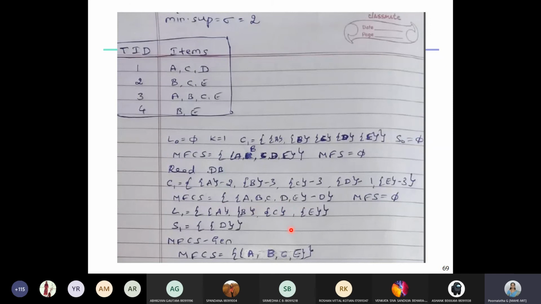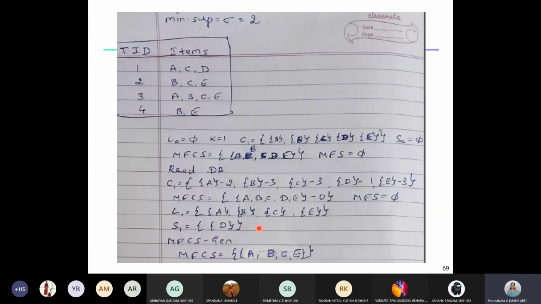Fine. So the next step says for all items e belonging to S. Right now we have only one item in S, so the small e points to this item D. What it says: if M minus e is not a subset, M is A, B, C, D, E, so A, B, C, D, E minus this D gives A, B, C, E. And that A, B, C, E is not a subset of MFCS.